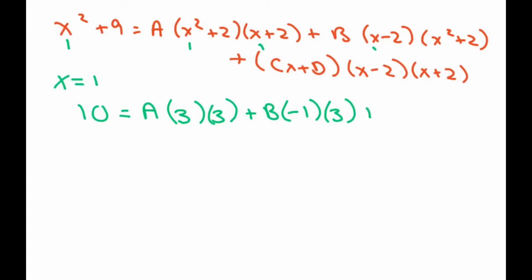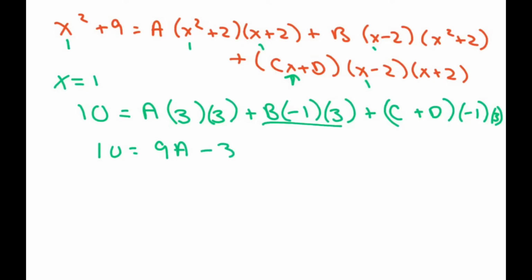And then we're going to get plus c, because this is 1, plus d times, this is 1, that's negative 1 times 3. So basically what you're going to get is 10 equals 9a minus this part, 3b. And then this is negative 3 here. So distribute to each of those. So you get minus 3c,